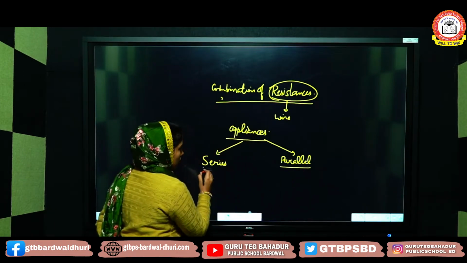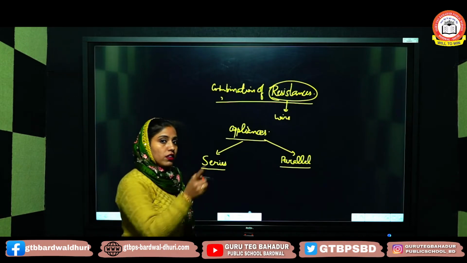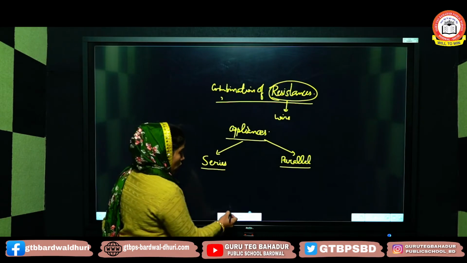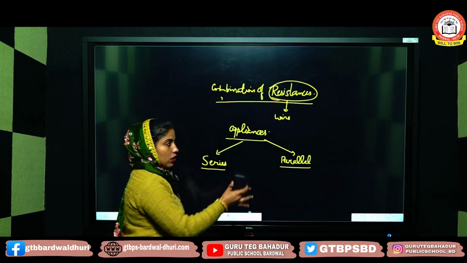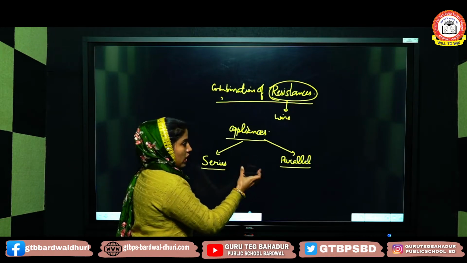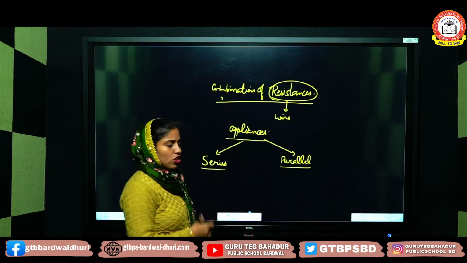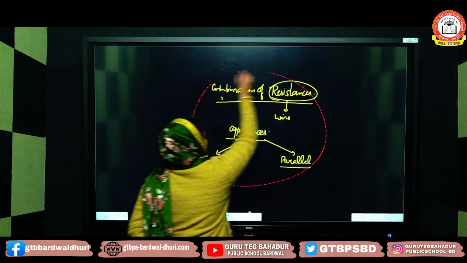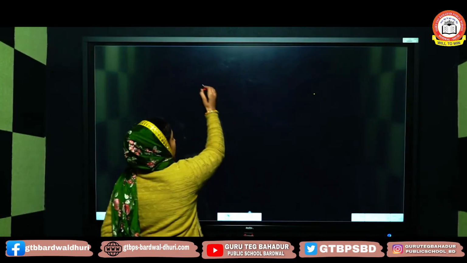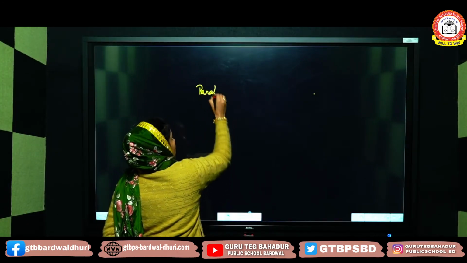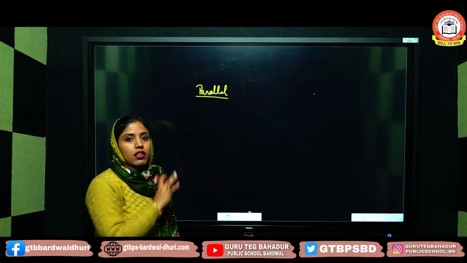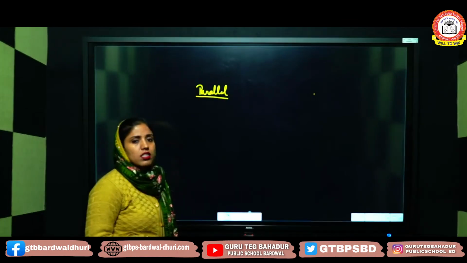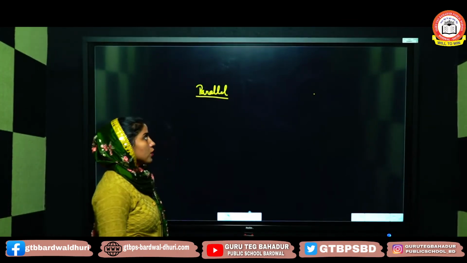So one is series combination, other one is parallel combination of the resistances, and here the resistances will be the appliances. So firstly I want to tell you about the introduction, that what is parallel combination and what is series combination. Then I will proceed towards the mathematical part of the series and parallel combination. So I will start with parallel combination firstly, because we are familiar with parallel combination. The domestic wiring that we have at our houses is a perfect example of parallel combination.